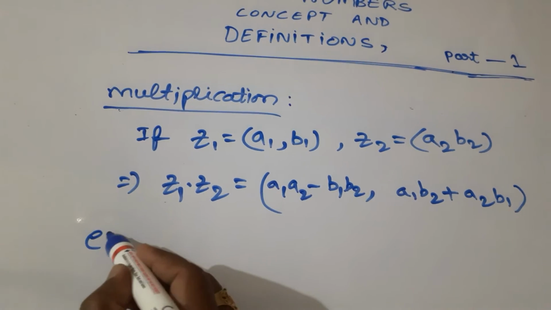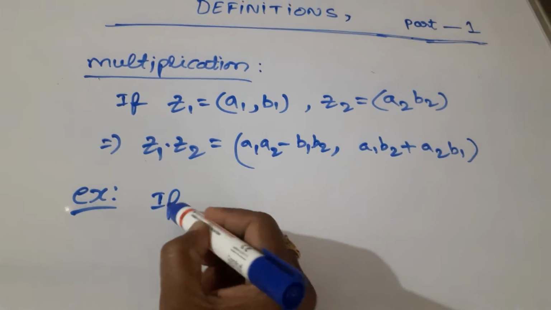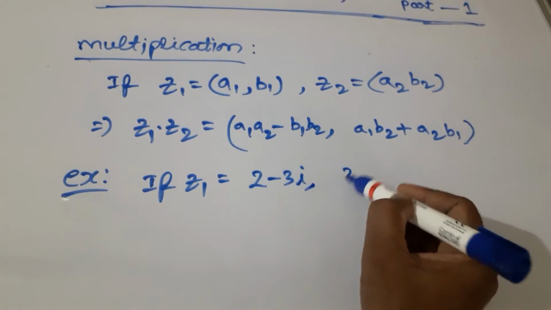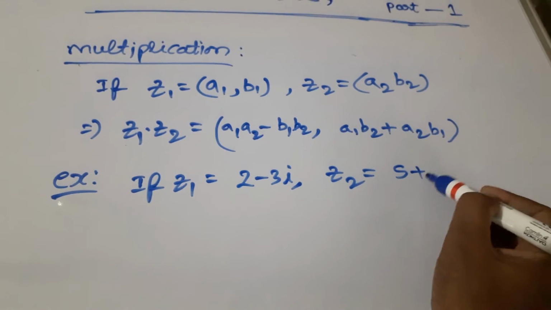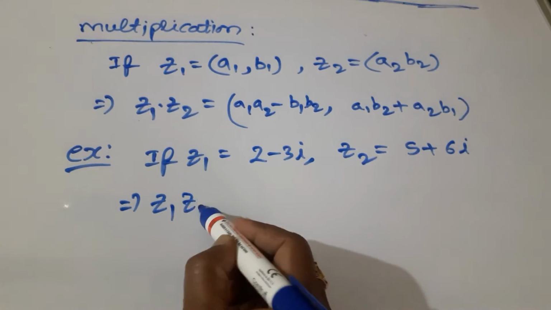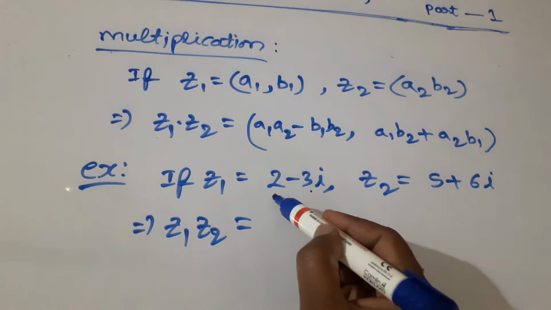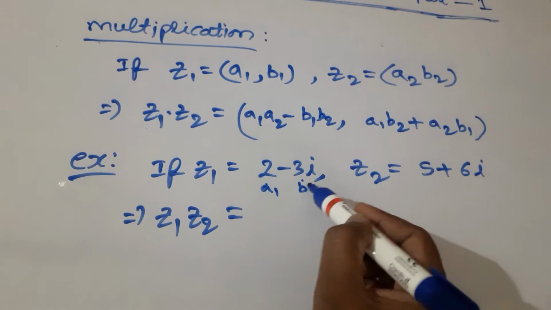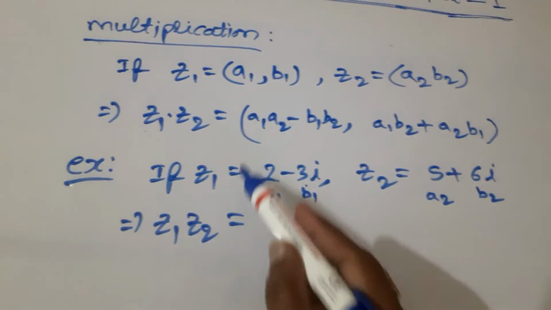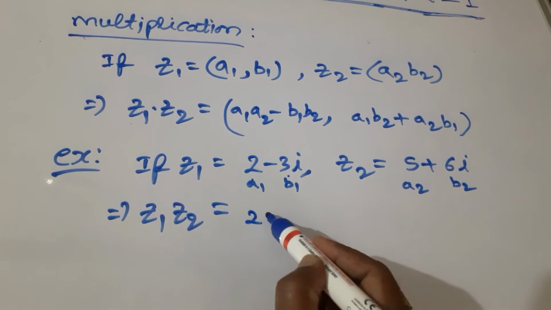So for example, if z1 equal to 2 minus 3i, z2 is equal to 5 plus 6i. Calculate z1 into z2. z1 into z2 equal to, here this is a1, this is b1. This is a2, this is b2. Apply this formula. a1 a2 minus b1 b2 means 2 into 5,